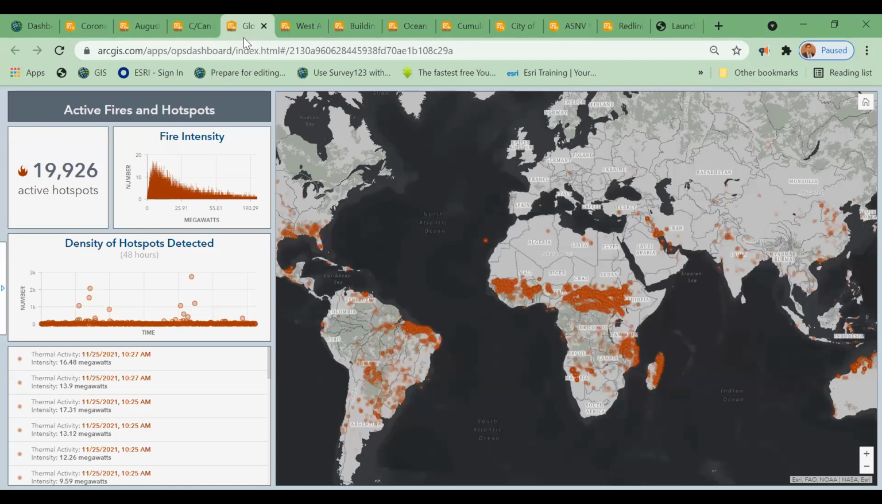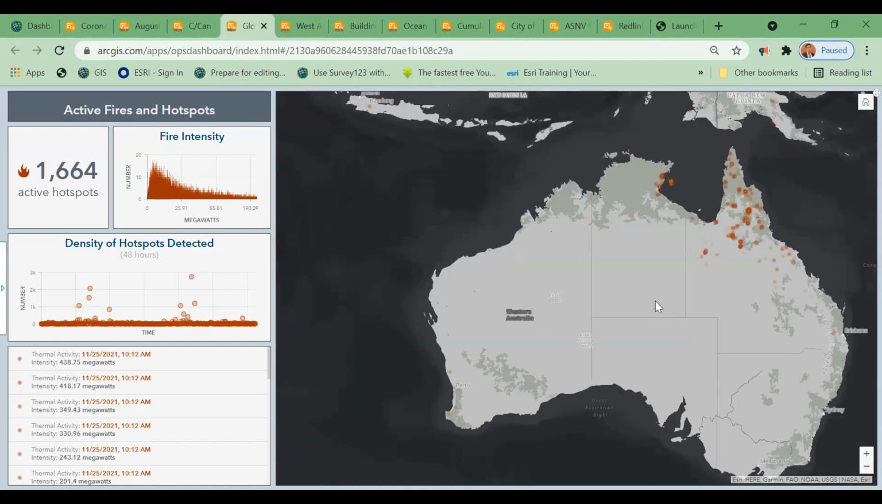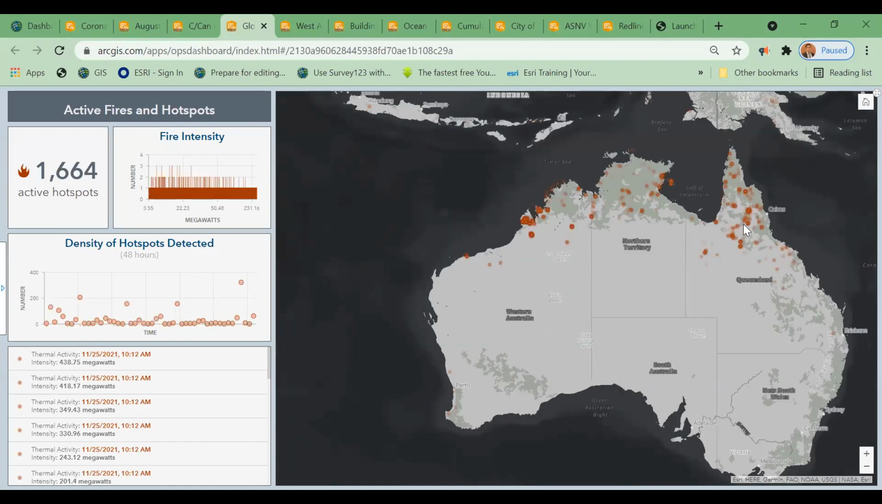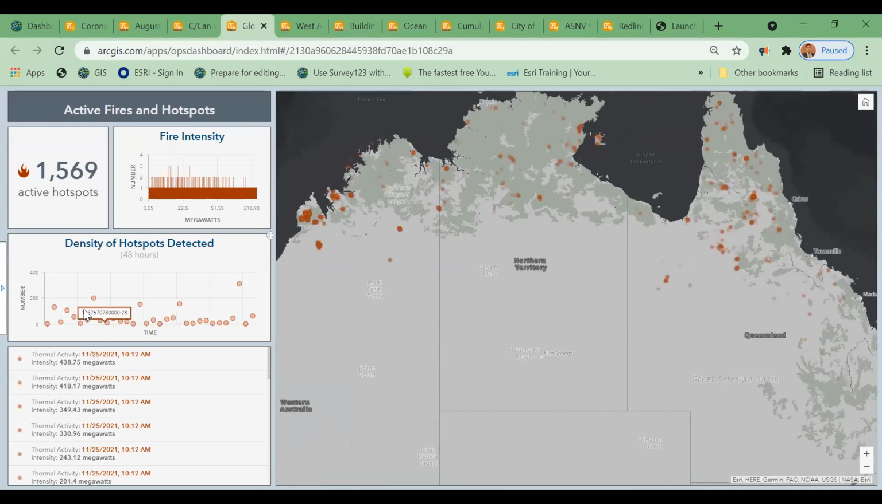It's another one. This one is related to active fire and hotspots. We can see various fire and hotspot related information. When you zoom in, here you can see the change. These things are changing, right? These charts are changing, and also